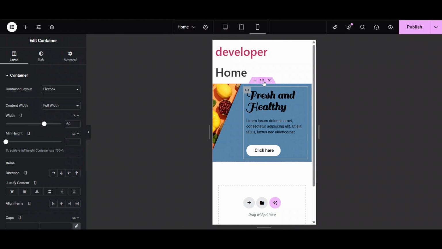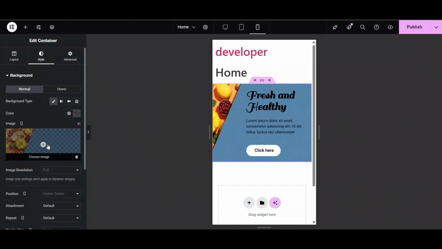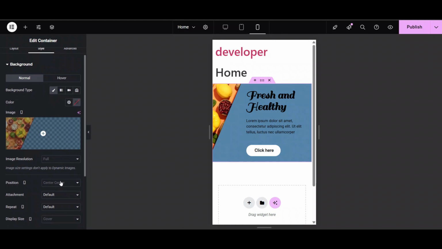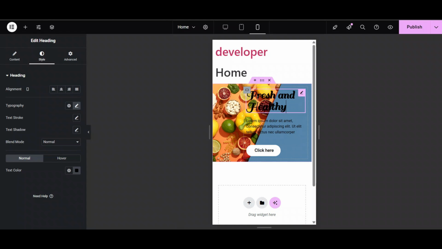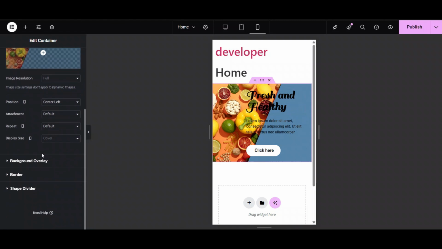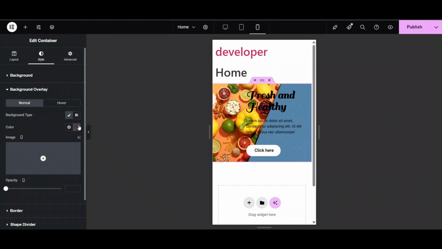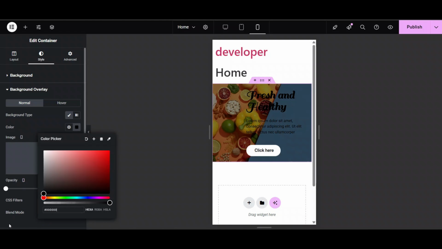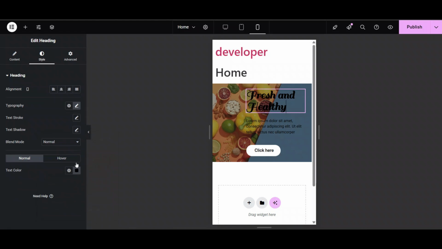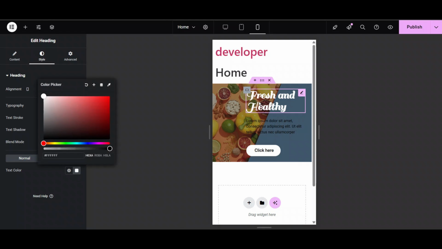here you can see. Now change the layout of background image where go on style here. Center. I will change the position to center left. Here you can see. Now you can see it's visible, but here there is not visible. So what we will add? We'll add a background overlay to make it look much more clear. What you can do, you can add a background and change this color to white here.